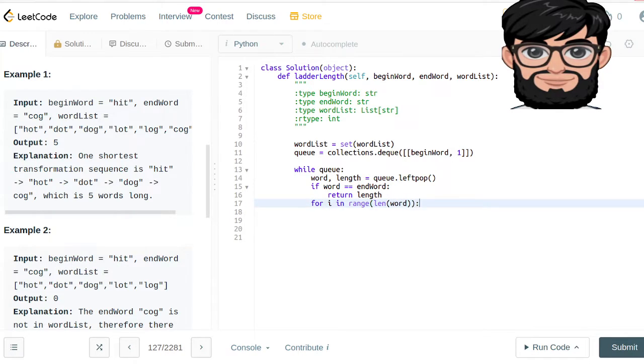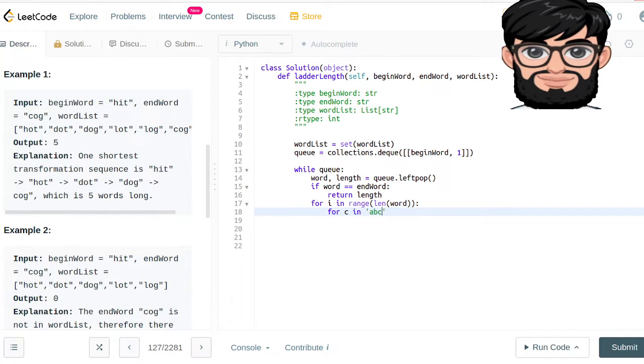For all of the characters inside the word we just took out from the queue, we're going to replace it, for c in this string,